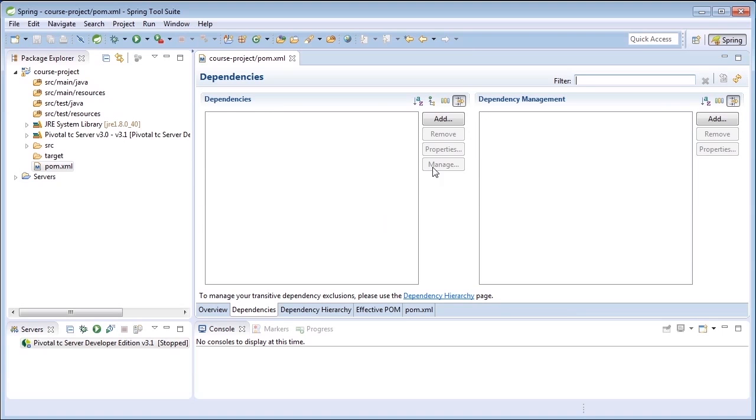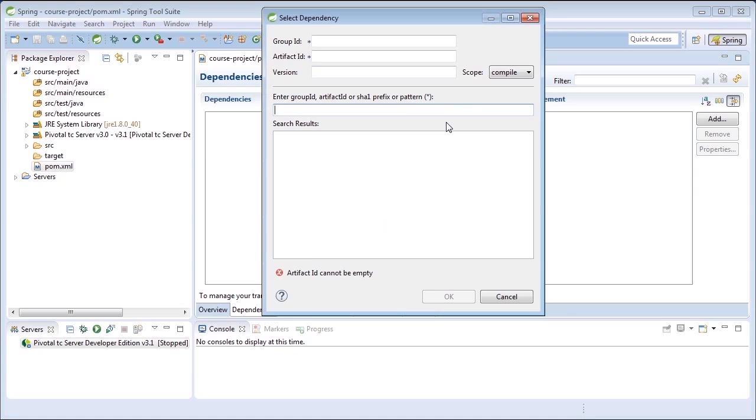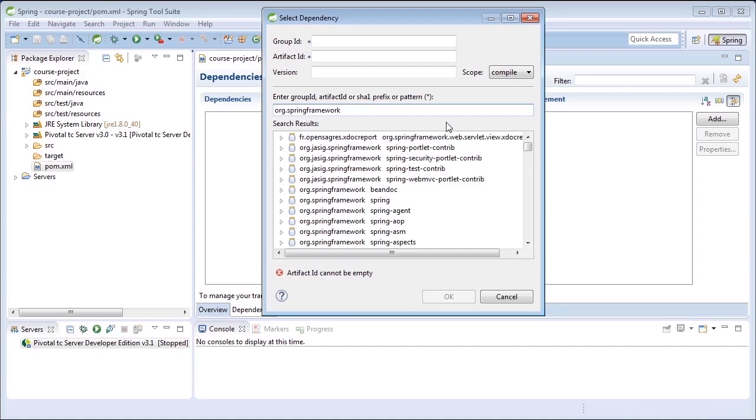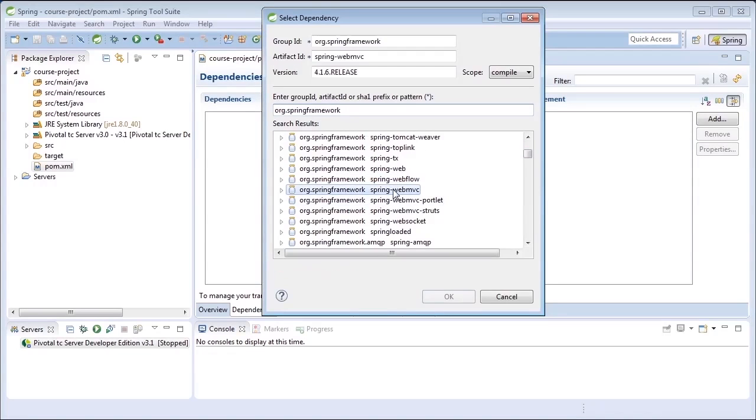For Spring MVC, we need to add a Spring Web MVC dependency. We're going to enter the group ID to locate this dependency. So I'm just going to type org.springframework because that's where all of the official Spring artifacts are. If we scroll down, we will see the Spring Web MVC artifact. It's version